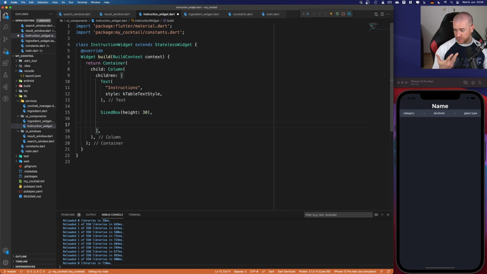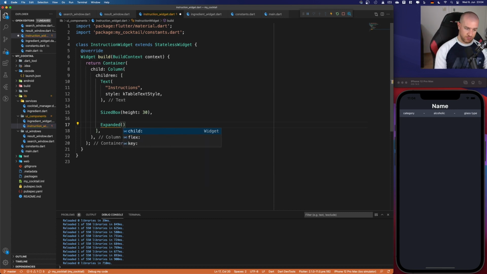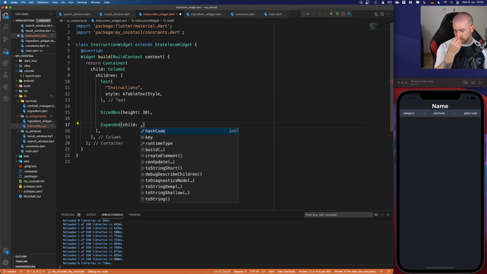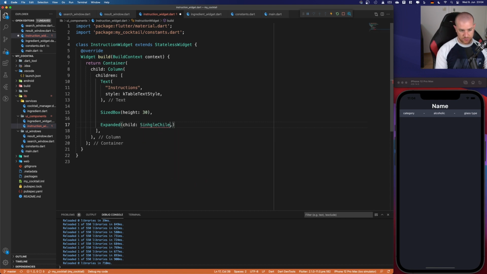And at the end, we have a child with all the text. So we get a text and then we show it, we get another text, we show it, we get another text, show it, and so on. So we use here something called expanded because we needed to expand all the way. And in there, we can use something called the single child scroll view,